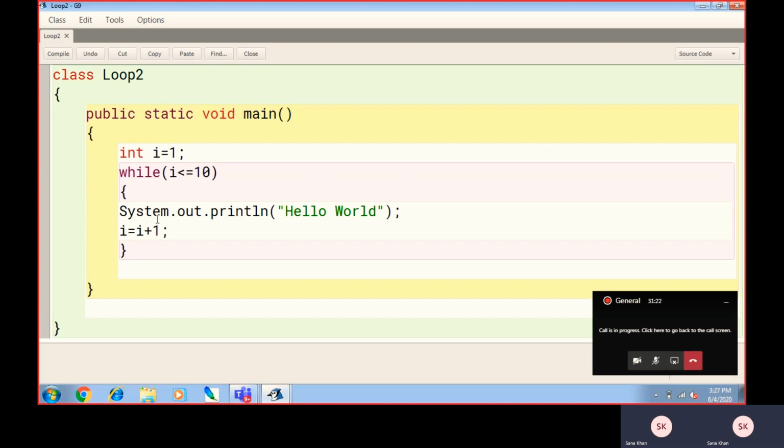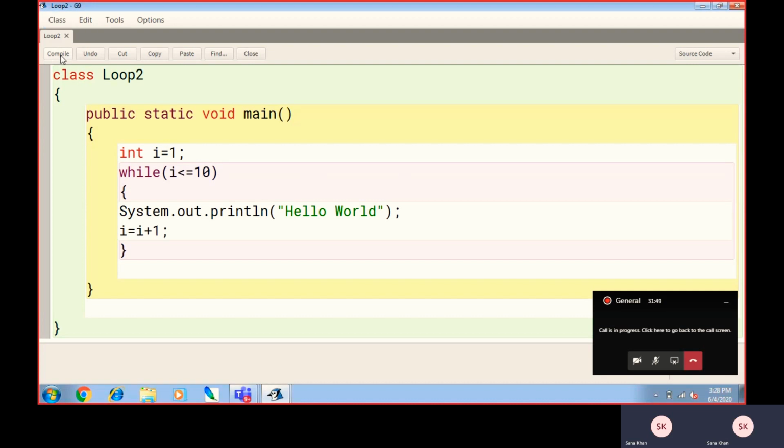So each time you will be checking the value of I, and in this way you can print hello world 10 times. Soon you will get to 10. The value of I is 10. Again, you will check the condition. I is not less than 10, but it is equal to 10. So again the condition is true and you will get hello world. But the last time, friends, when you add 1 to 10, it will be 11. When you check 11, it is neither less than nor equal to 10. So here your loop will exit and you will get hello world 10 times.